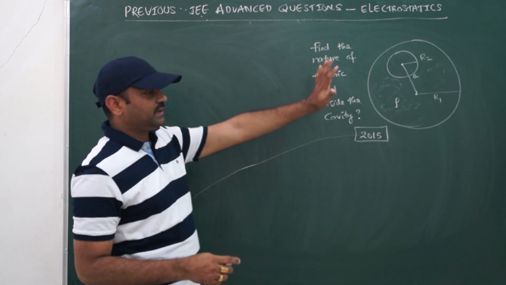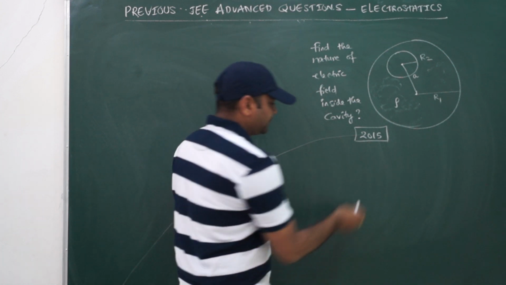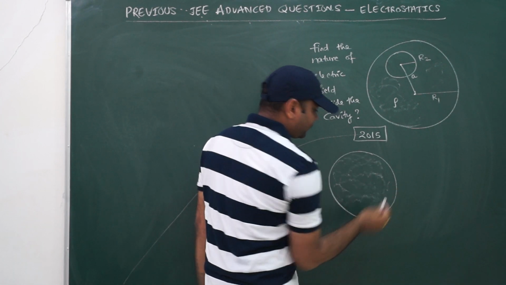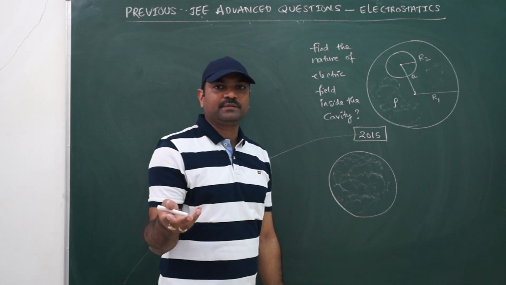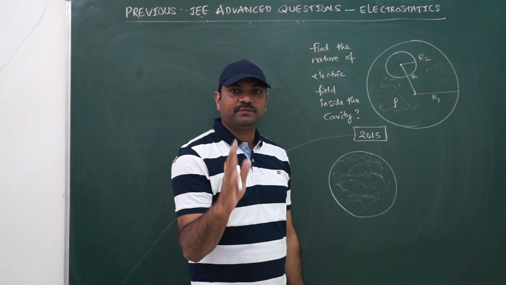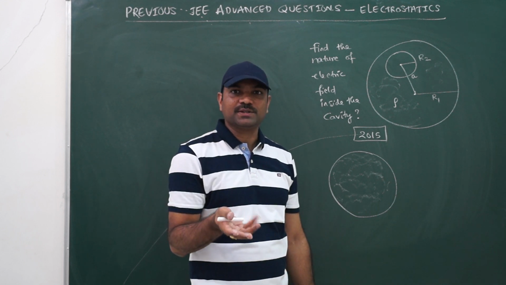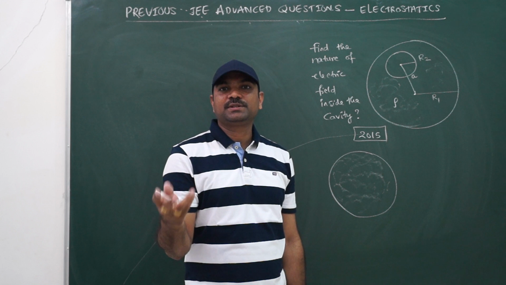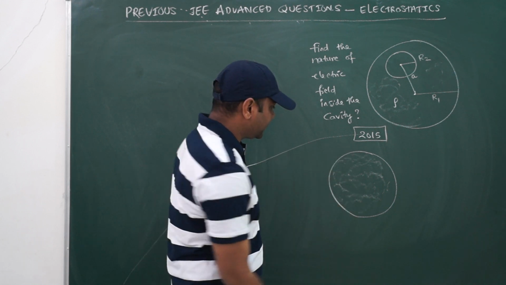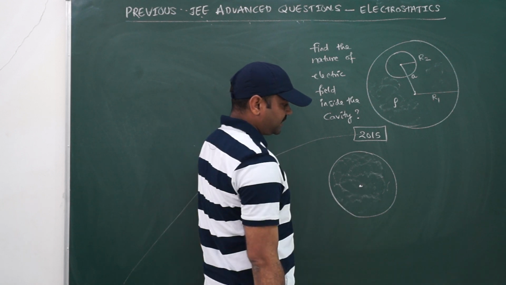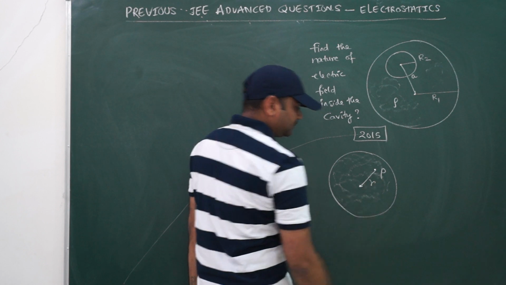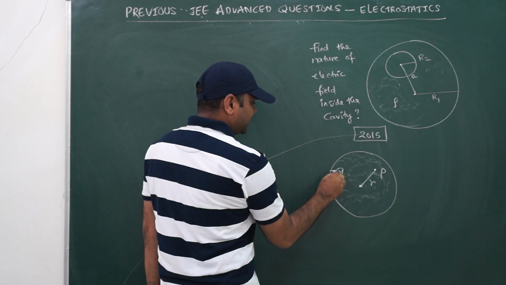Before solving this question, what you have to know is, suppose there is one non-conducting sphere. Again, at the start of the video I told you that these questions basically depend on the formulas, how you are remembering the formulas, okay. Once you remember the formulas, you will get a gateway to solve the questions. Let us see. I am supposing that this is the center and I am randomly taking one point P at a distance of R. The total charge on the sphere is Q.